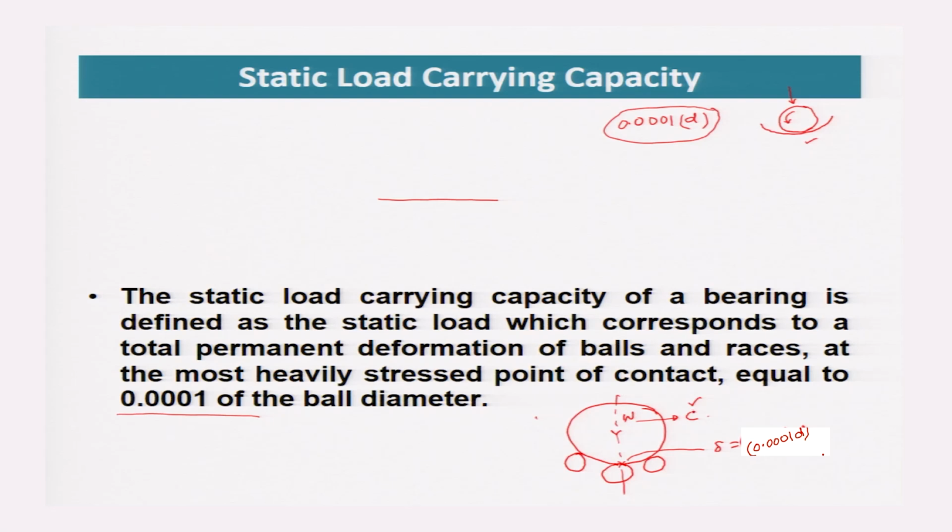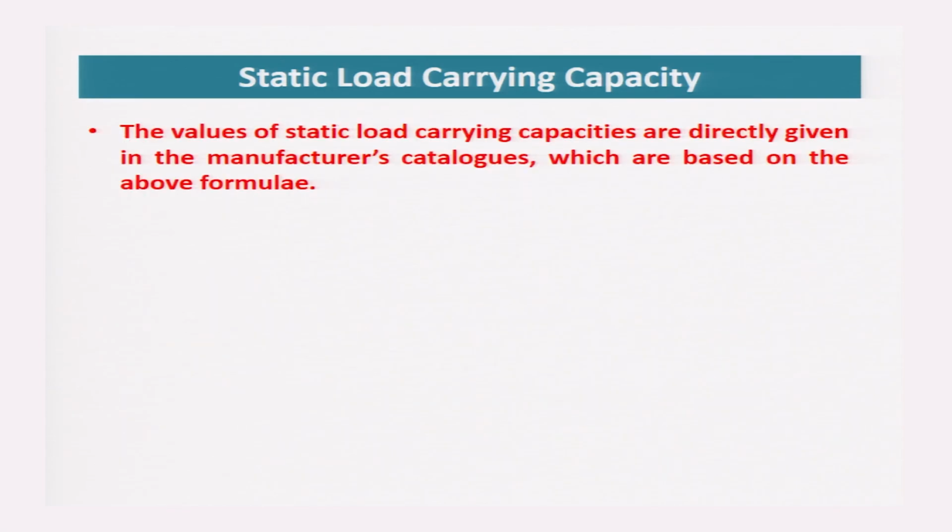Then the load which is producing this deformation is called static load carrying capacity of the bearing. The values of static load carrying capacities are directly given in the manufacturer's catalogs, which are based on above formulae,